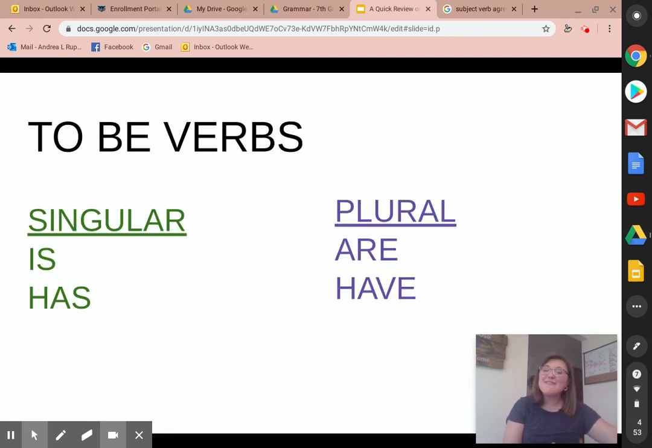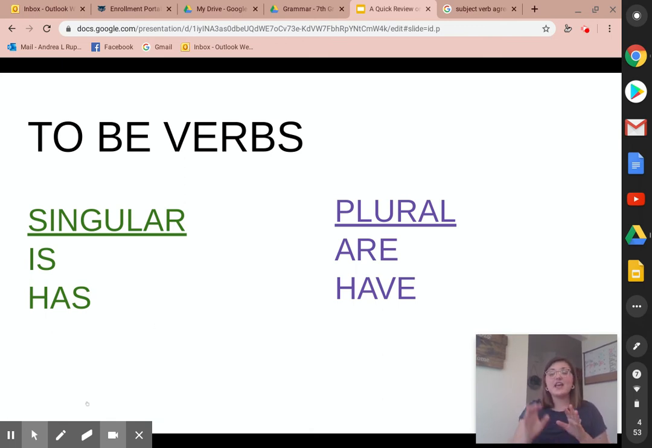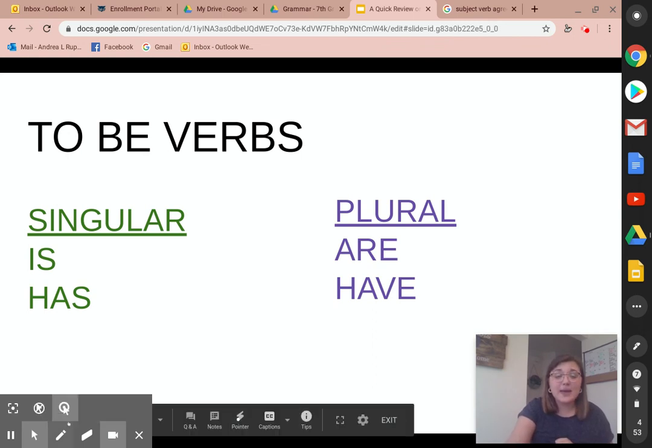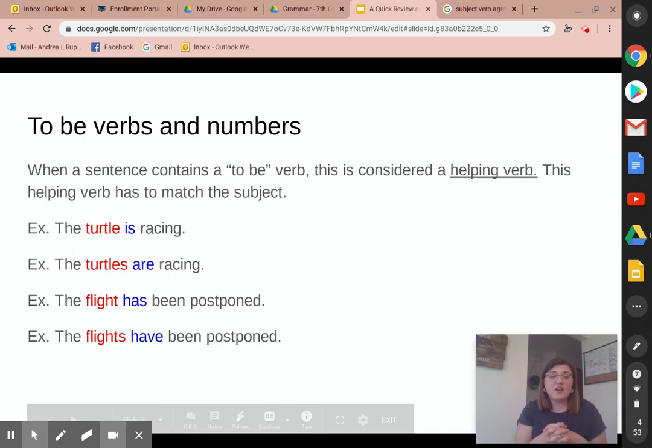But there's always exceptions to rules, and what about our pesky to be verbs? You love to hate them, but they're always coming back. To be verbs are always our weird exceptions. Singular to be verbs are is and has, and plural to be verbs are and have. If we look at this in example, our to be verbs and numbers have to match as well, but we have to use our specific words. If we look at the sentence, the turtle is racing, turtle is one, so we match it with is. If there's multiple turtles, turtles gets matched with